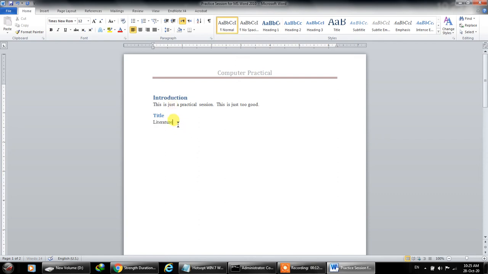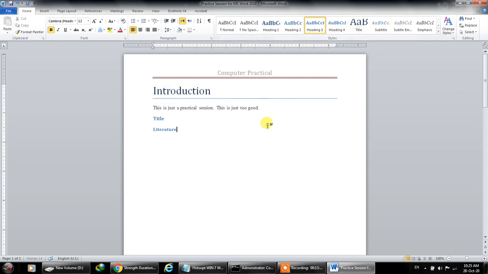Let's say this word, I want to make it heading 3. So you can keep on heading levels: heading 1, the main heading, then heading 2, heading 3, subheading, subheading and subheadings. Or even you can click over here and create it as title. So this is the title, for example, chapter, or let's say you want to create a title of assignment 1. So that will be your title that represents what this document holds.